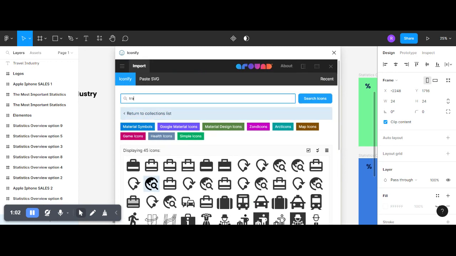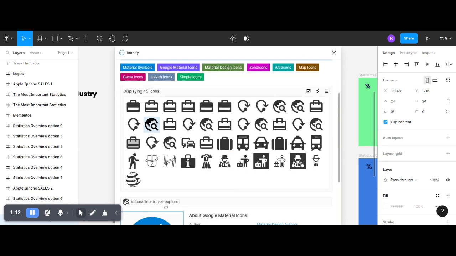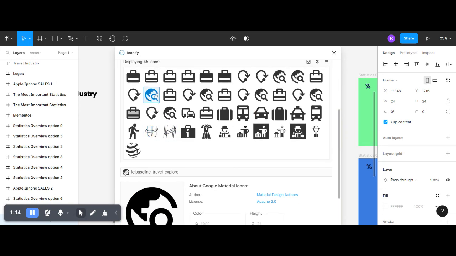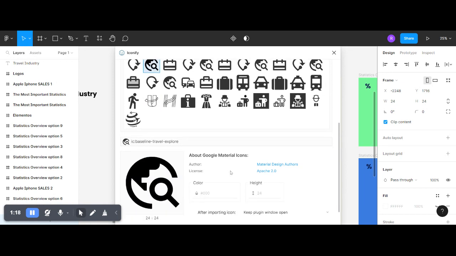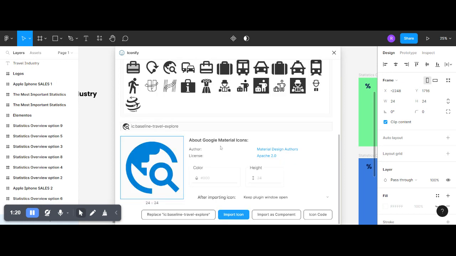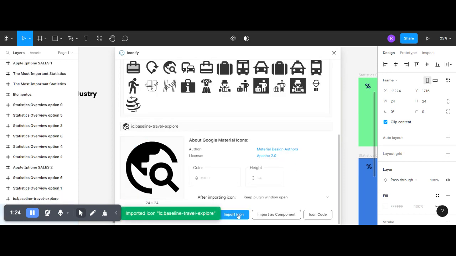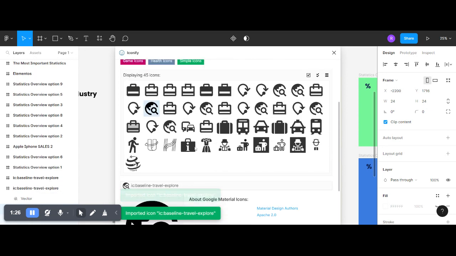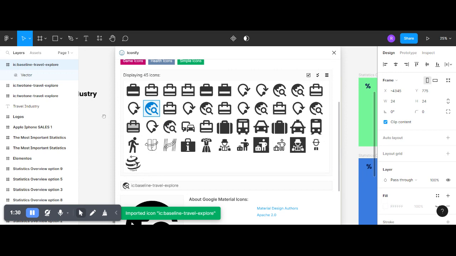Here you can search your keyword, whatever icon you need to find. So for example, I needed to find a travel icon. So I have searched for travel, and here I need to import my icon, so I'll just use importing, or else you can just drag and drop it here,